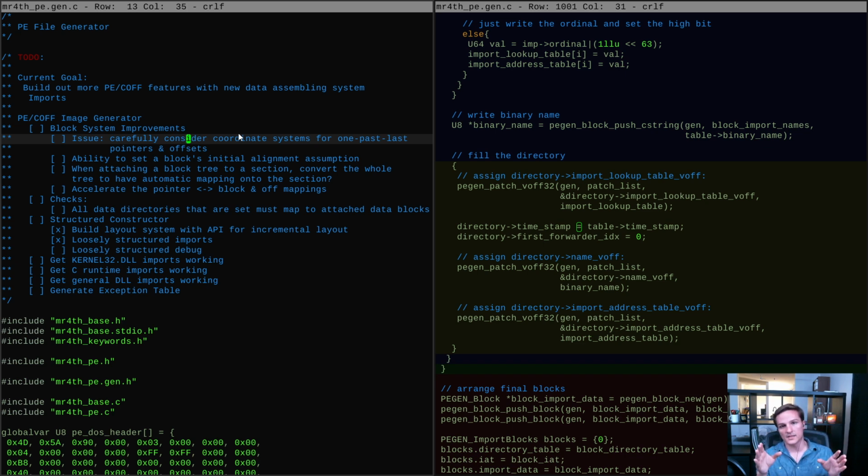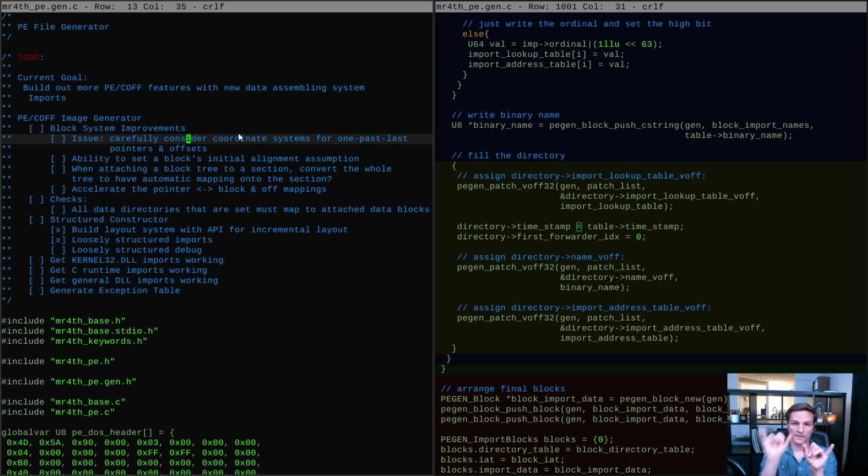If I have a block of 16 bytes and I take the offset of that block plus 16, is that a valid way to reference whatever comes after the block? And if I have a pointer to that thing, should that point into the block or not? Because right now I have an ambiguity where the pointer to the next byte could be allocated by a different block. If I have two blocks that both have data sitting in my memory, then the pointer to the first byte of the second block,